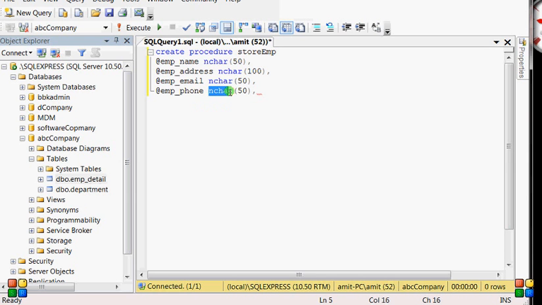It should be numeric, having 12 digits maximum. Now remove the last comma and just put the query as begin.